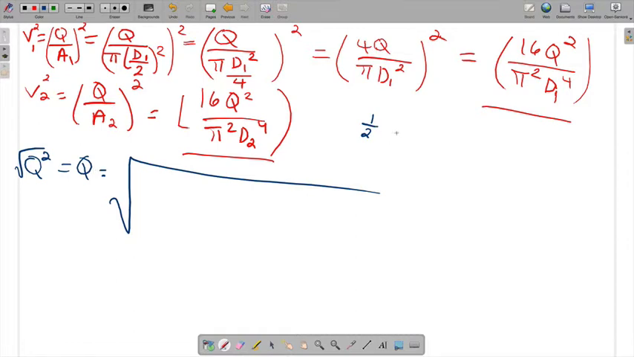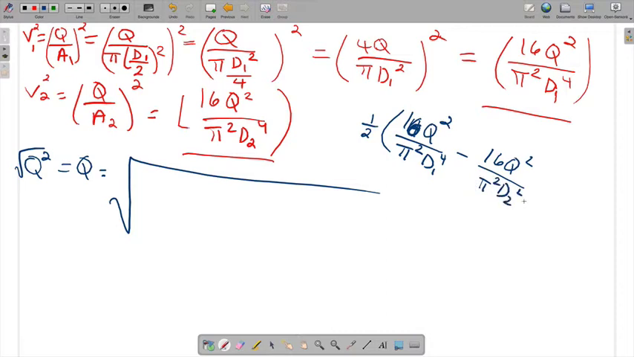Okay, so this is the half rho, v1 minus v2 squared. The rho we already canceled out. So what we're going to do is 4q squared, 16q squared over pi squared d1 to the 4th minus 16q squared over pi squared d2 to the 4th. Okay, that is equal to g times z1 minus z2. Notice we have a q squared right here and a q squared right here. So we're pulling all of that out. If you take that equation, rearrange it and pull everything out,